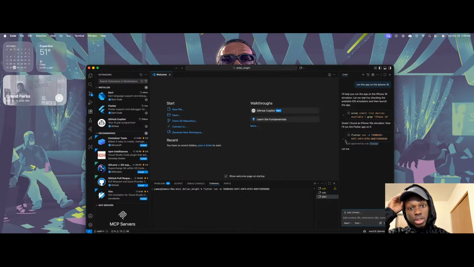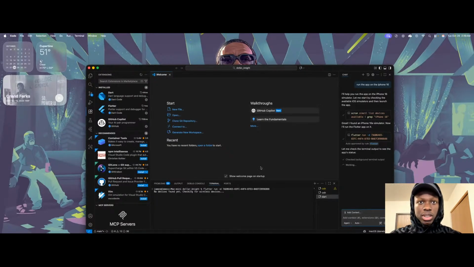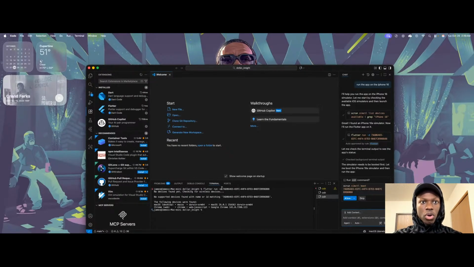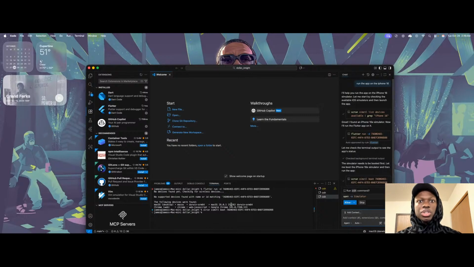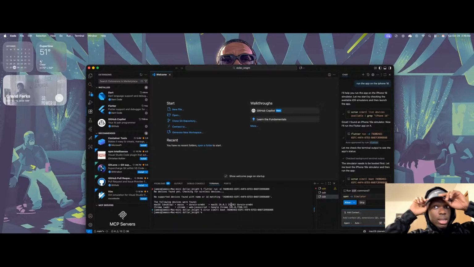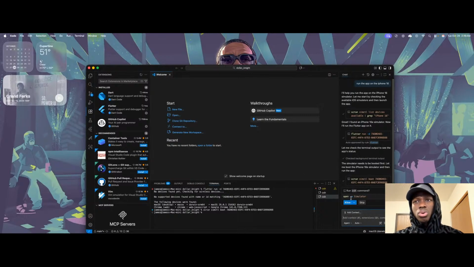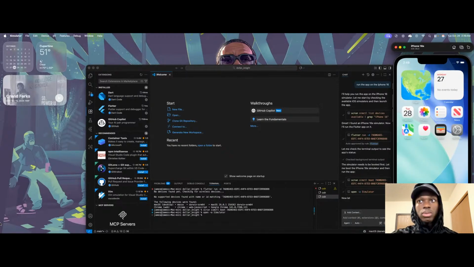So then it's running some code, and as you can see in the terminal right here, there's some stuff going on. It says no device was found, and it's trying to boot the device, right? Again, all I need to do here is just allow it. So it's trying to boot the iPhone 16e. I don't know if it's a cold boot or a hot boot, or one boot, sorry. Yeah, so again, it's asking for permission, and I'm just gonna allow this one time,